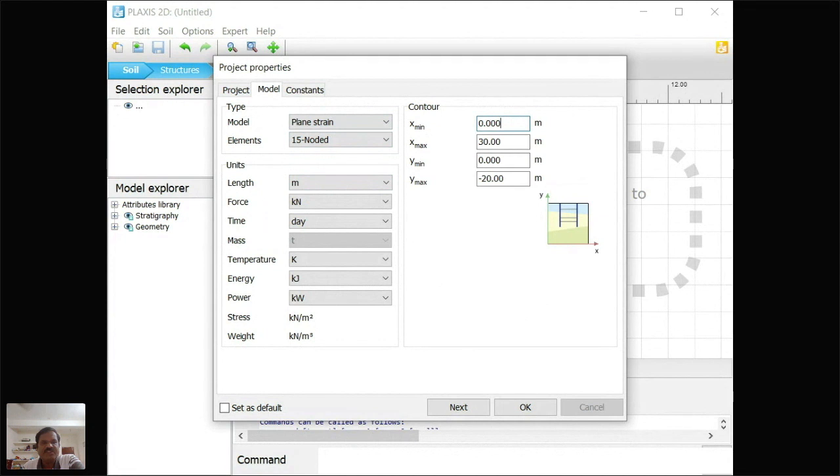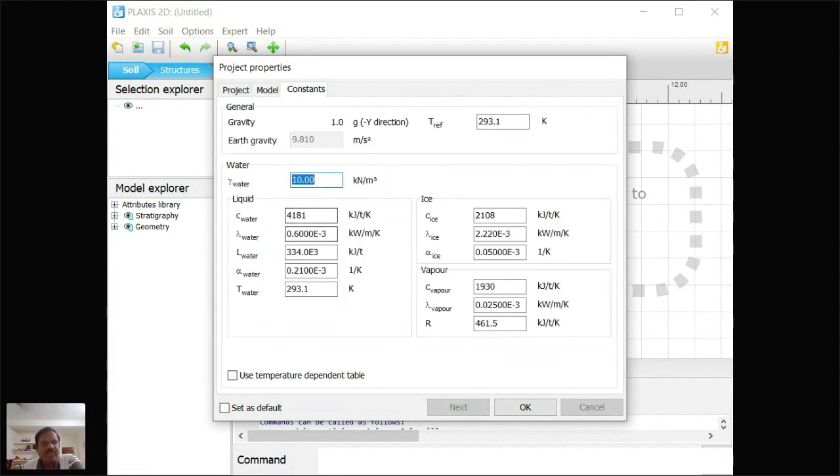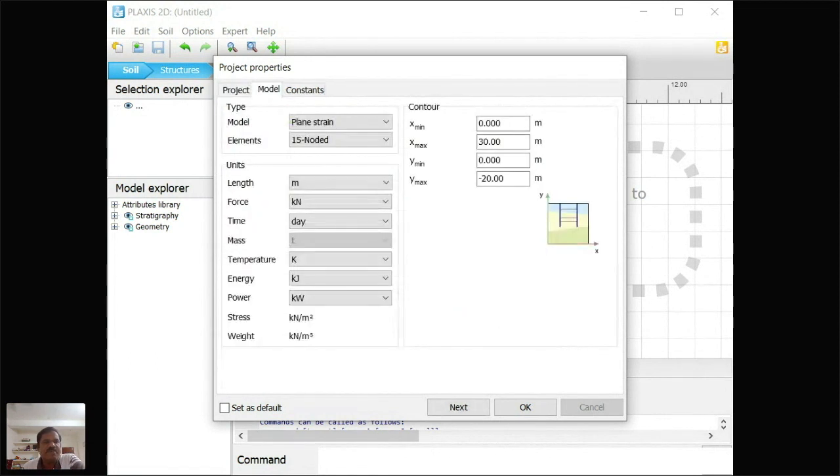And here you need to specify the limits of the boundary. The next one, constants, is not required much. This is for thermal analysis, so it is not considered for our case. So we can limit to project and model, and then just click OK.